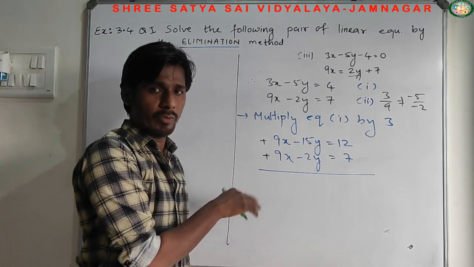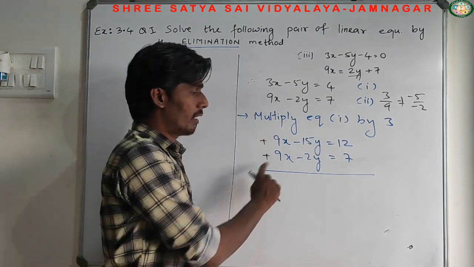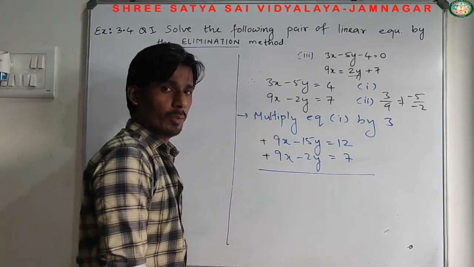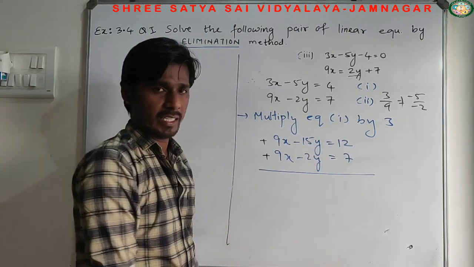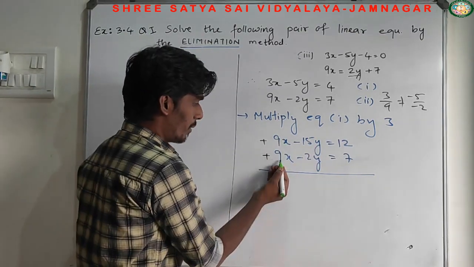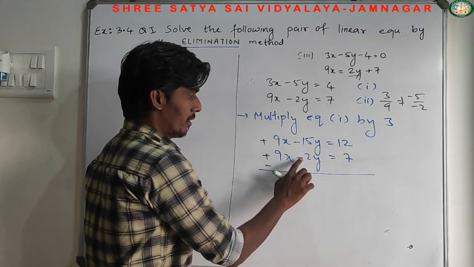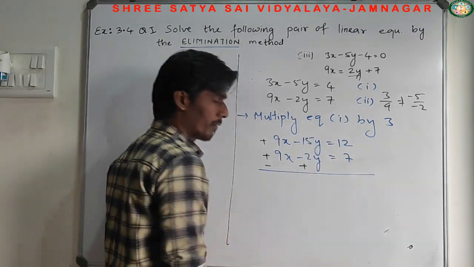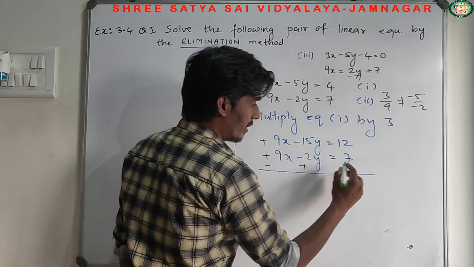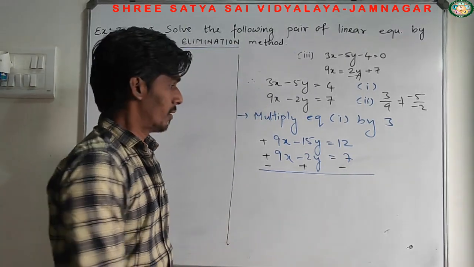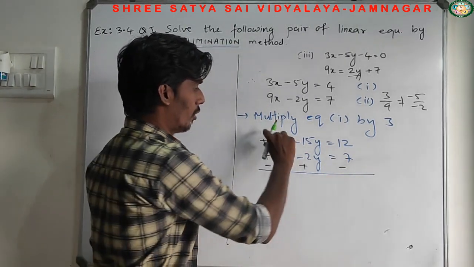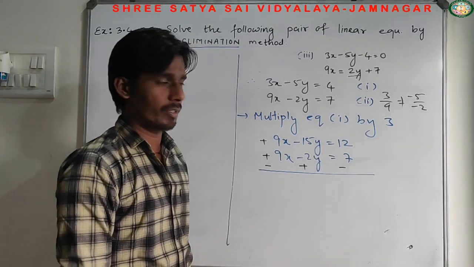In last two sums what we have done, we just add both the equation. Now what I am going to do, I am going to subtract both the equation. अगर मुझे subtract करना है, then I have to change the sign. This plus 9 becomes what? Minus. This minus 2 becomes what? Plus. And this plus 7 equals to what? Minus. मैंने तीनों का साइन चेंज किया. Not of this first equation, of second equation.